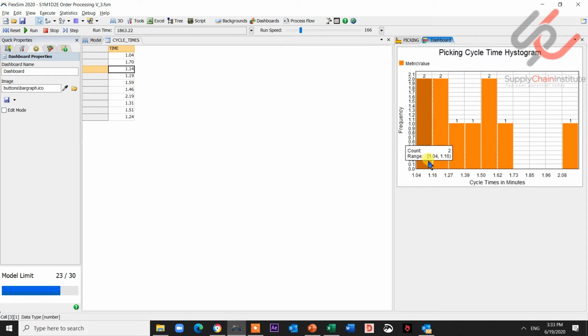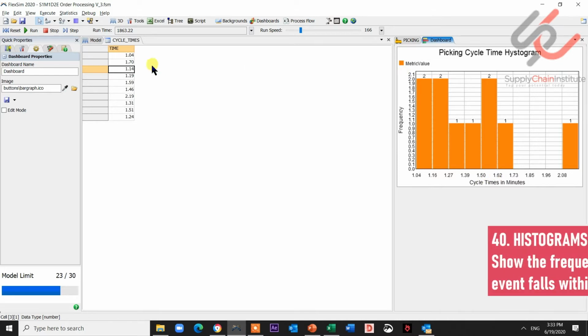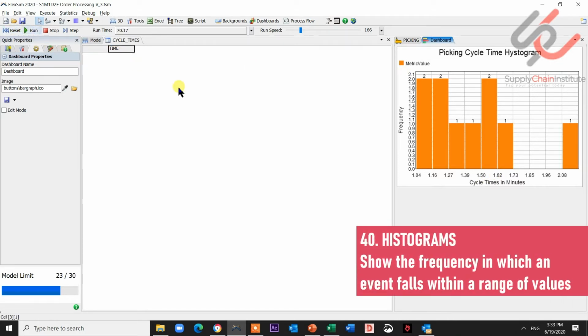How do we interpret this table? We say there were two orders that took from 1.04 to 1.16 minutes to pick. There was one order that took more than 2 minutes to pick, and there were 2 orders between 1.5 and 1.62. That's the way you interpret this graph. So if we run it again,